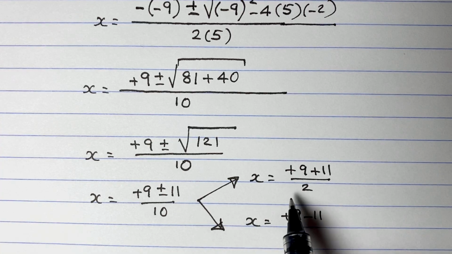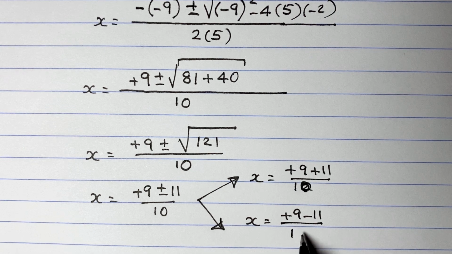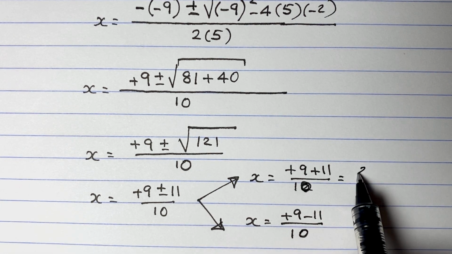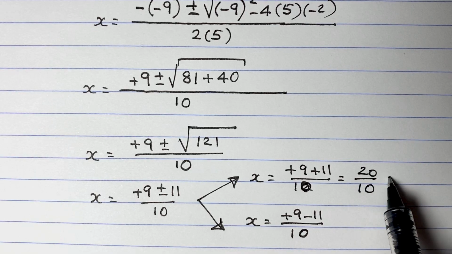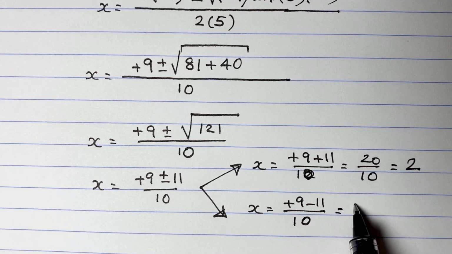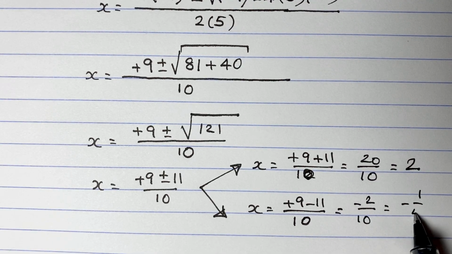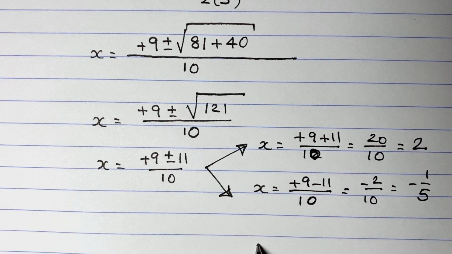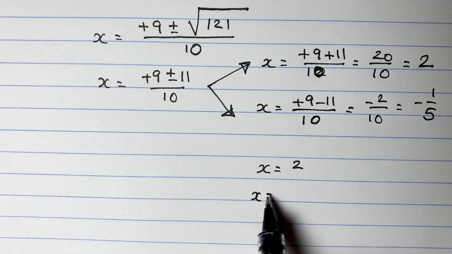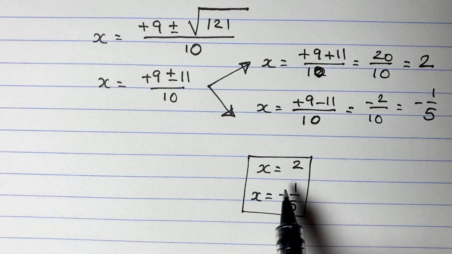I'm sorry, where's that 2 here? It's 10 over 10. So we have 9 plus 11, that's 20 over 10, which is 2, one of the answers. And 9 minus 11 is minus 2 over 10, which is minus 1/5. So the solutions are x equals 2 and x equals minus 1/5. Usually they put them together